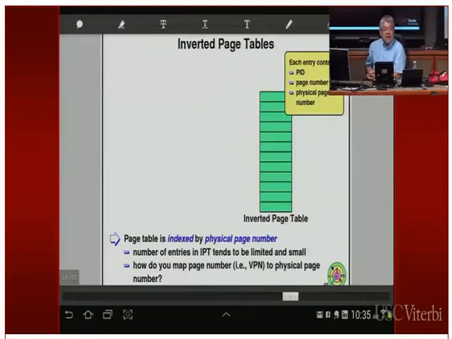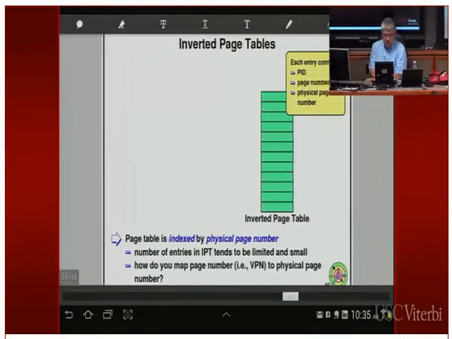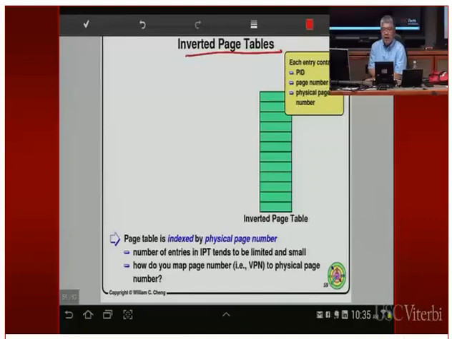If you want to minimize the number of page table entries, if you want to cut it down to the bare bones, what should you do? Again, we're trying to minimize the overheads there. As it turns out, there's another way to minimize the page table entries, and this is called the inverted page table.